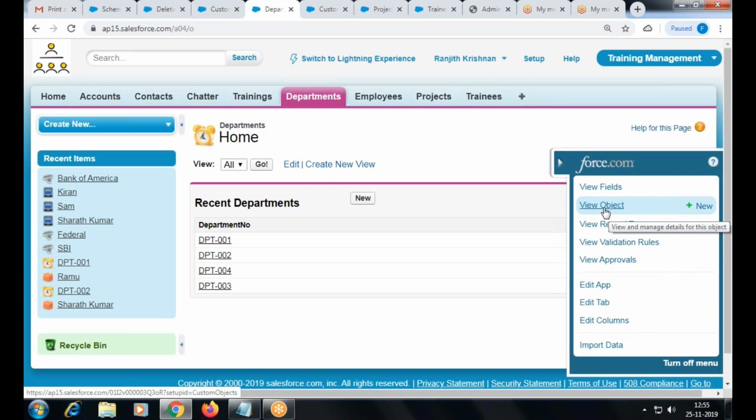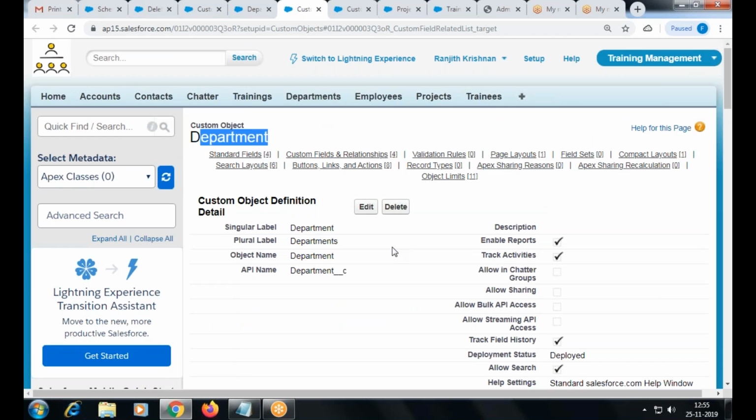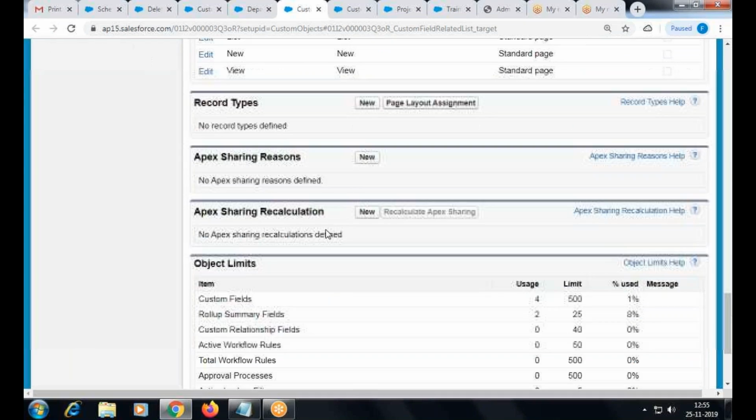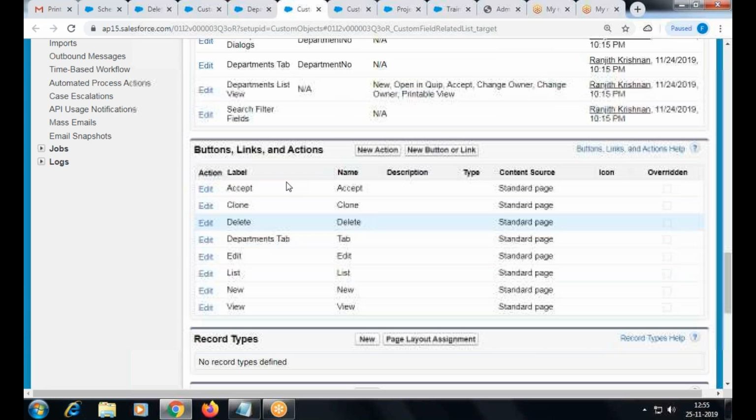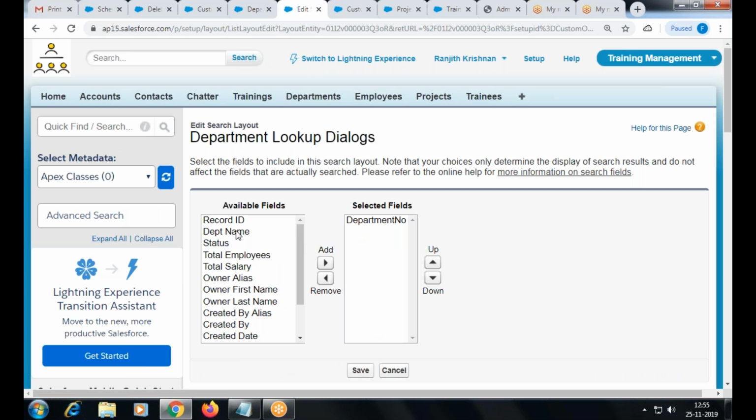Either way, you can go to the setup, build, create objects, or else the tab is selected, and from here also I can go to the object section. You will follow this. So which section do I have to go to? Search layout. Yeah. So what is the layout I need to modify? Lookup dialog.